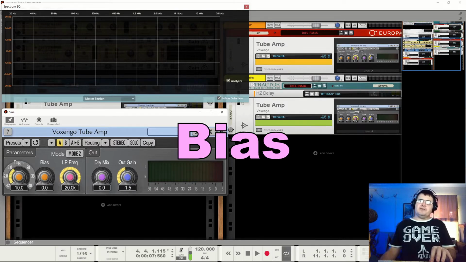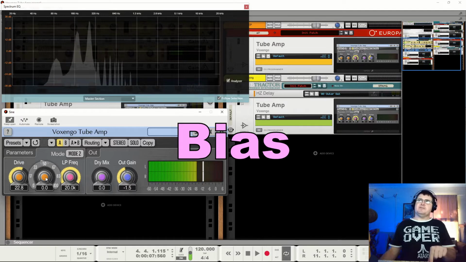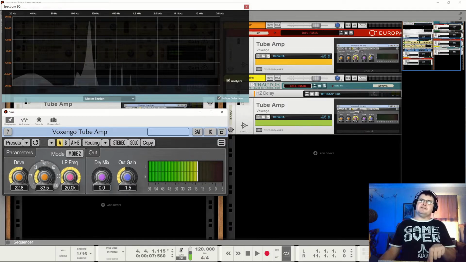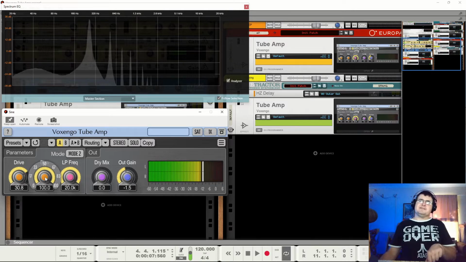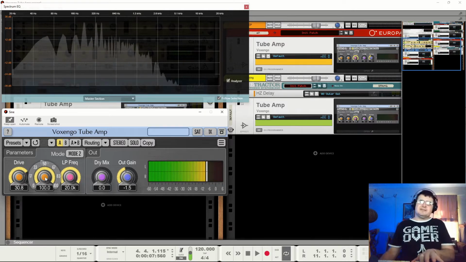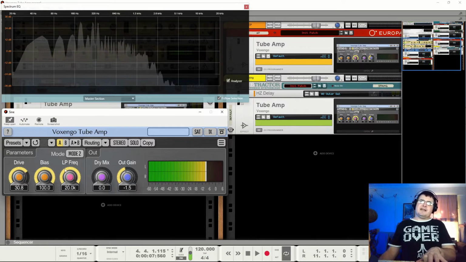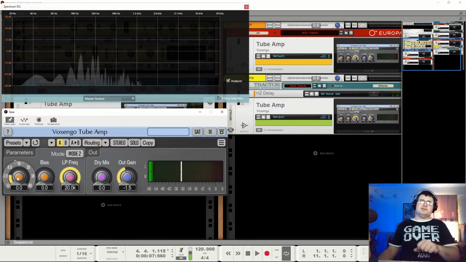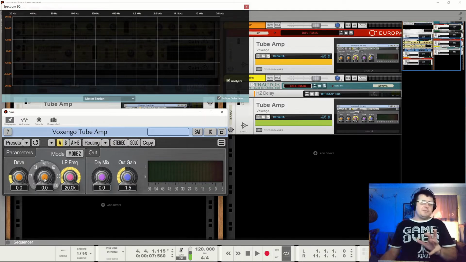That's all good. Now with the bias knob, largely you're going to want to leave that alone, but as you see, as we move the bias knob, it changes the balance of these overtones in various ways. General rule of thumb is that it sounds more distorted the harder we go. So you can see it adding a lot more in the low end. So if you're unsure, best to not mess with the bias either.